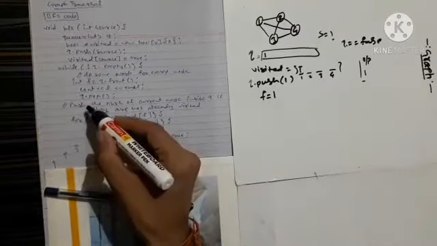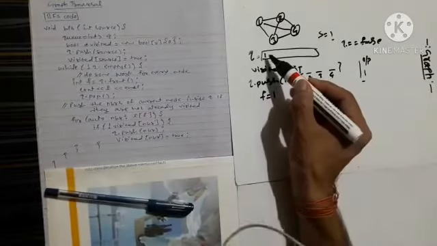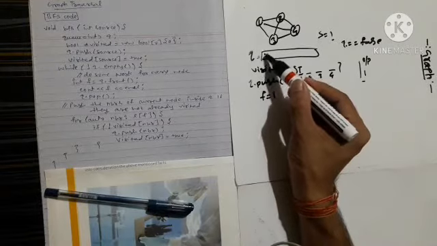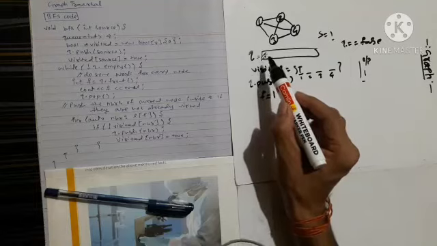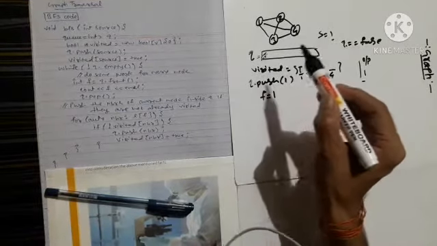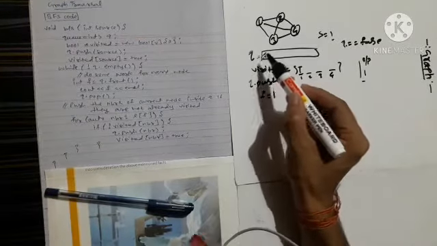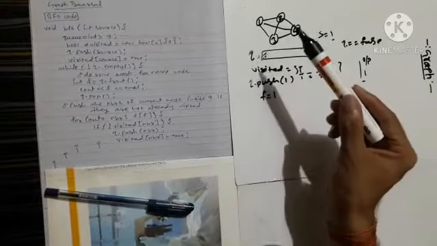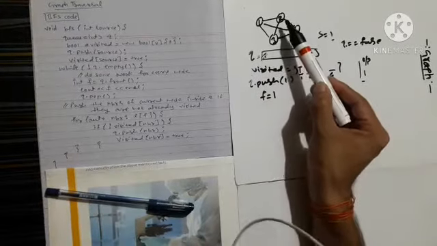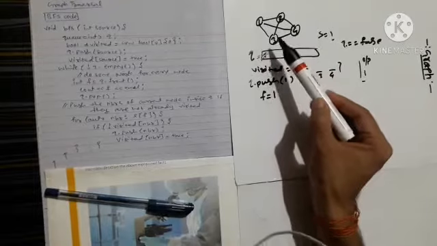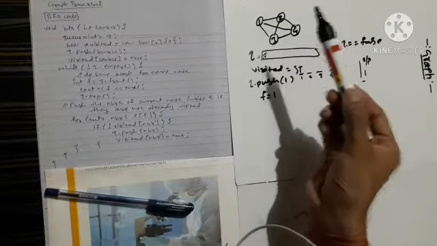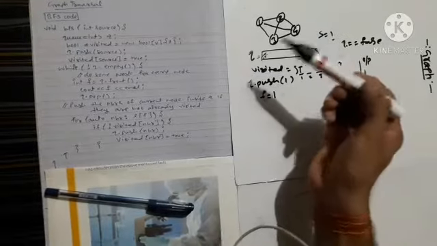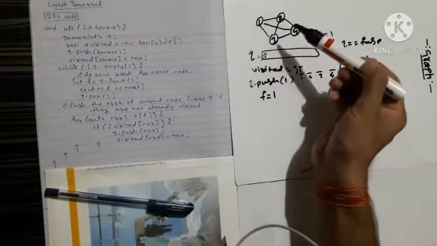Now again q.pop. Q.pop means, as the queue contains only one element, this has been deleted. Now after deletion, I have to push all the nodes which are neighbors of 1. So let me explain what a neighbor is. 1 is connected to 2, 1 is connected to 3, and 1 is connected to 4. So the neighbors of 1 are 2, 3 and 4. The nodes which are directly connected to 1 are called neighbors.